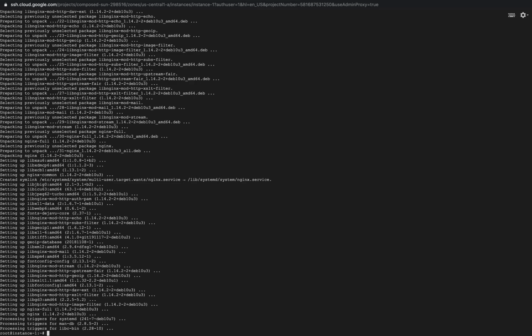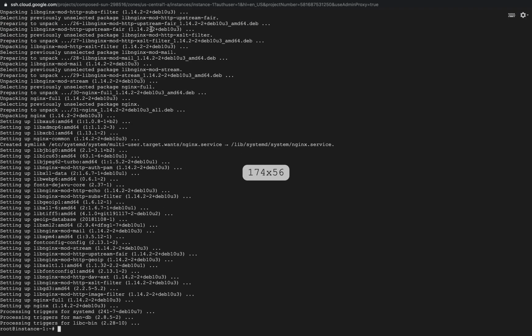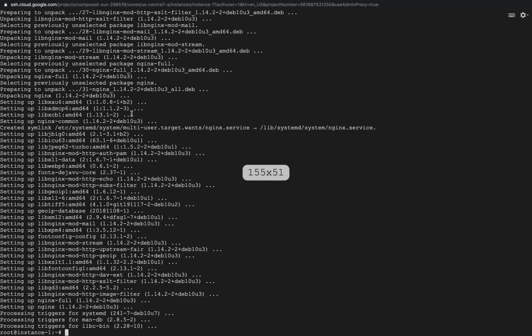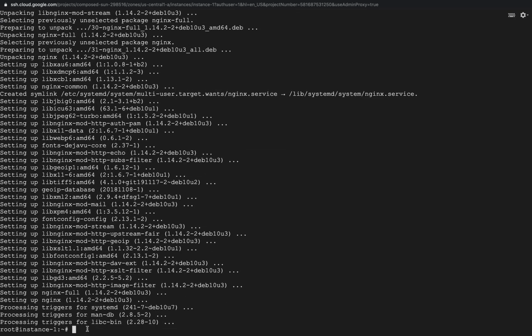Now the fourth step, we are going to confirm that the nginx server is running or not. So how to do that? We have to enter this command, ps aux. I'm going to increase the font size because you may be unable to see, it is a little small. So now I am increasing the size a little bit so that you can see that. Okay, now we will enter that command to confirm that nginx is running or not.